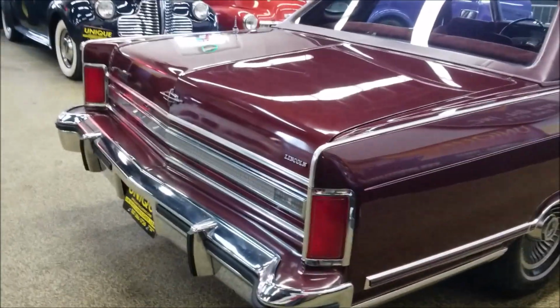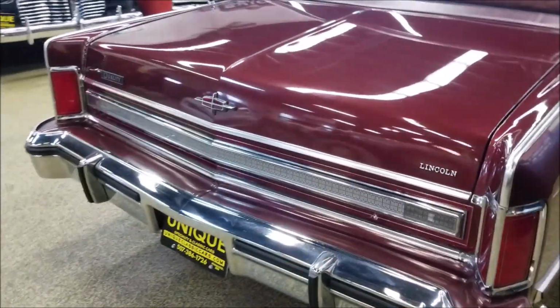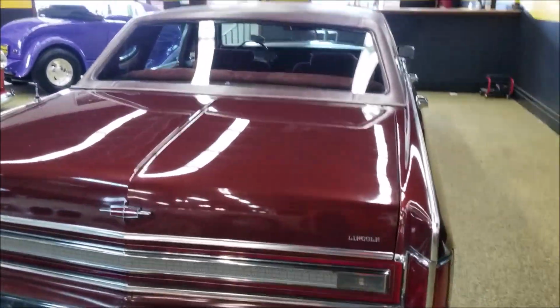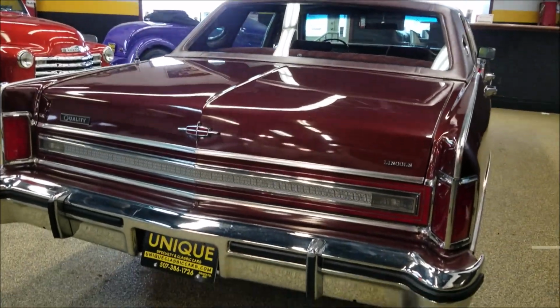Again, you'd like to see the still pictures, trunk. Everything appears to be stock on this car. You look inside the trunk, still has all the filler panels and carpeting, like it would have come with from Lincoln. And those still pictures, once again,